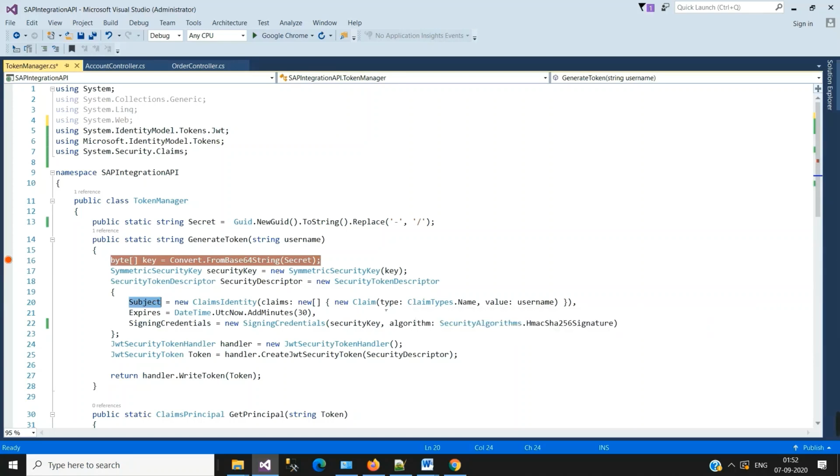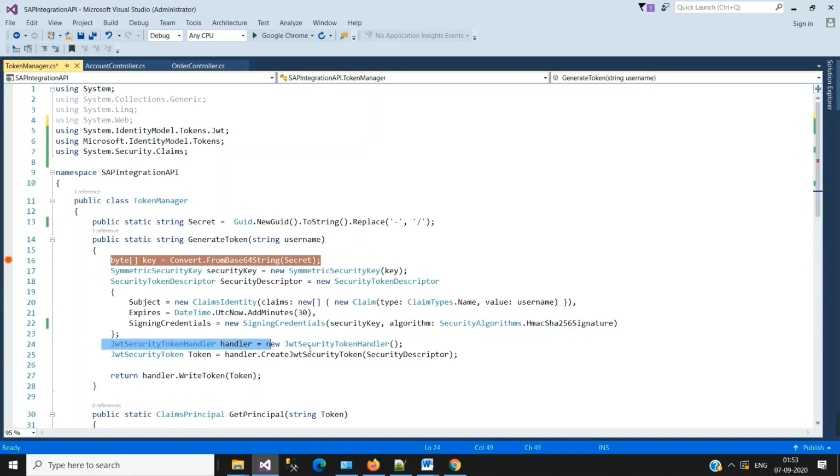To identify that claim, we are passing two values: the claim type Name, and the value is the username. The second property is the expiry of the token, which is 30 minutes here. In the third property, SigningCredentials, we are passing the symmetric security key, and we are deciding which algorithm we are going to use to make this token.